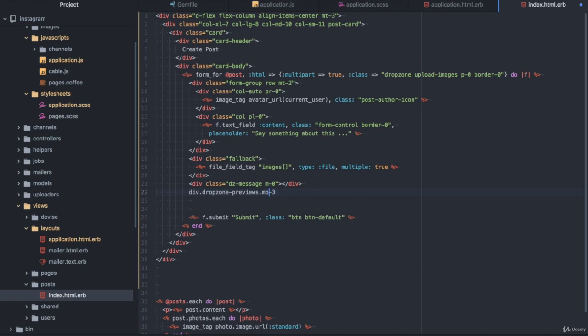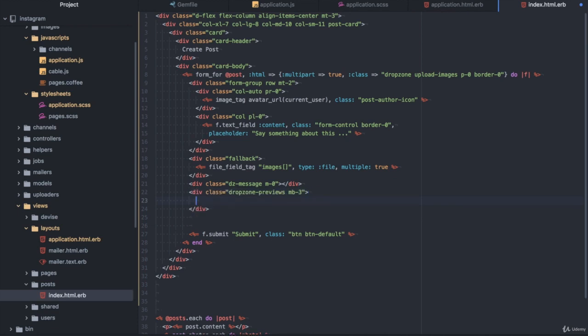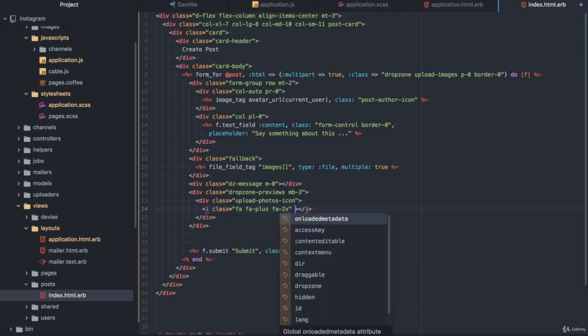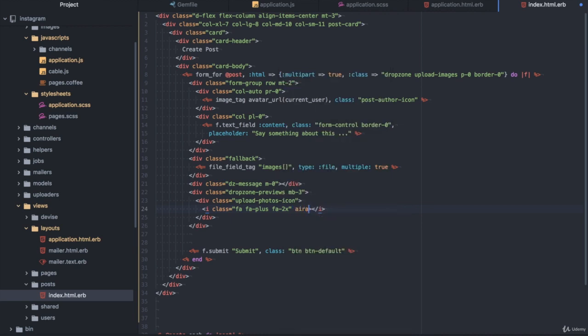So notice that previews has an s in here. Alright, and inside we have div.upload-photos-icon, i.class fa-plus fa-2x, aria-hidden true,